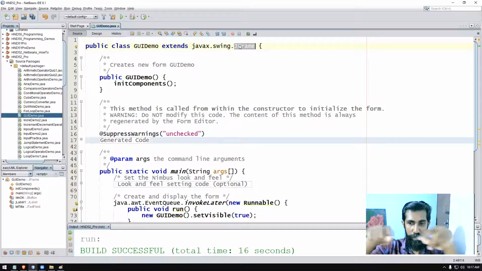So that window is the program we take and we convert that into a login screen. We convert that into a data entry form. We convert that into a calculator. We convert that into a report. We can do that. So the existing program is JFrame. It's just a common window. We can take that and we can change it.